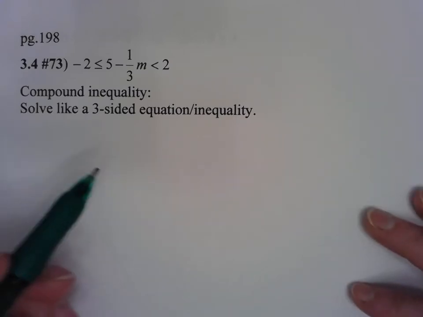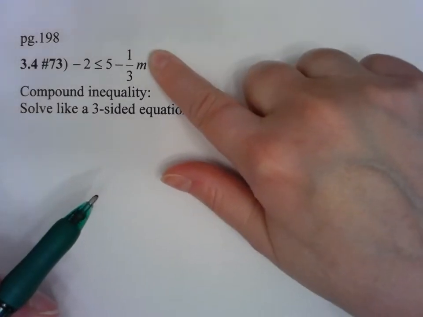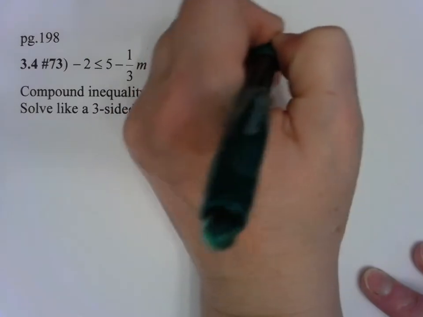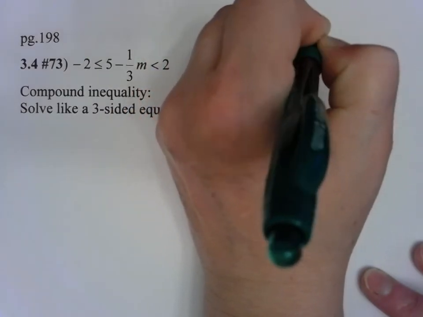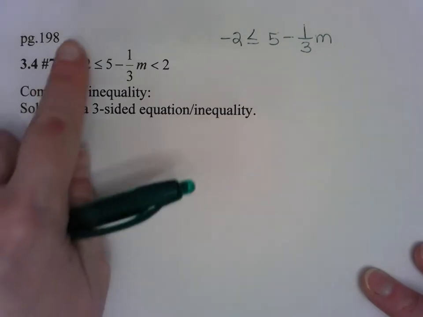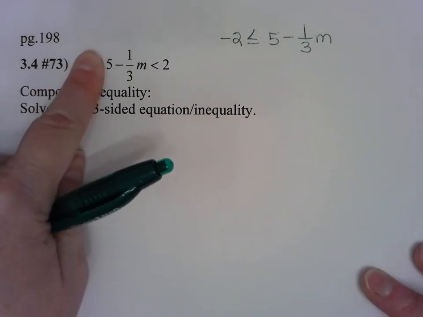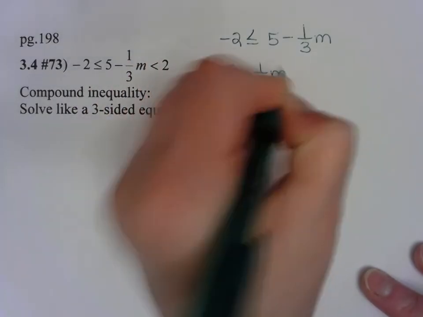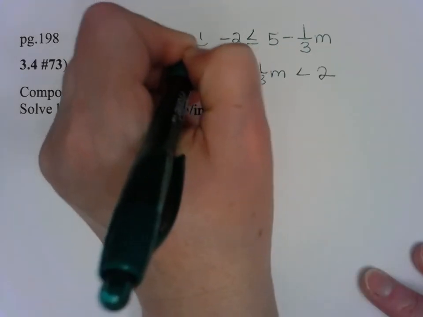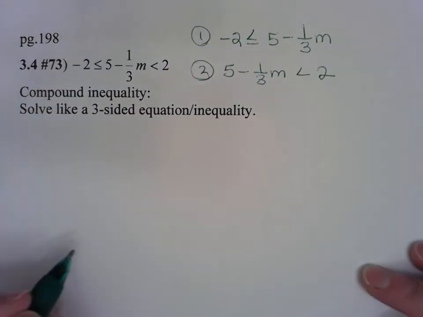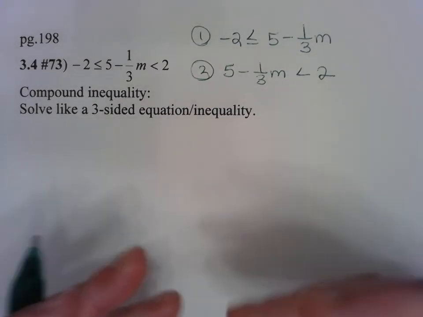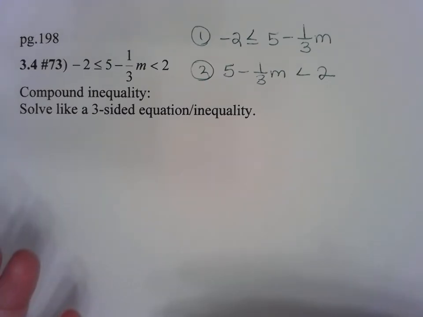Your other option would be to do it one inequality at a time. So you could solve the inequality on the left, which looks like this. And then separately, you could solve the inequality on the right, which looks like that. Okay, so you could divide it up into two parts if you prefer, and then kind of reassemble your solution at the end. It's going to involve the same operations that we're going to do together,